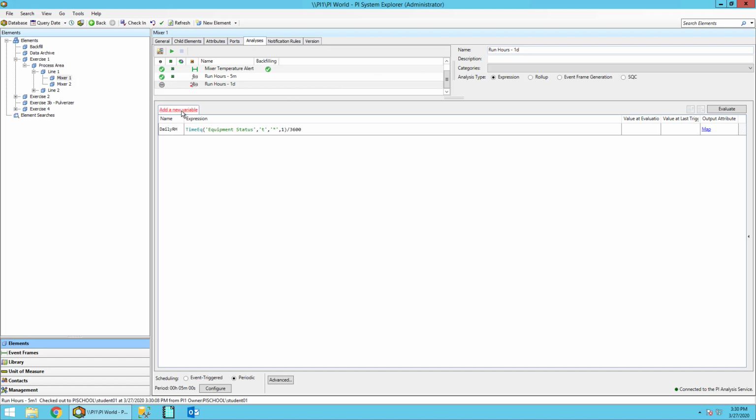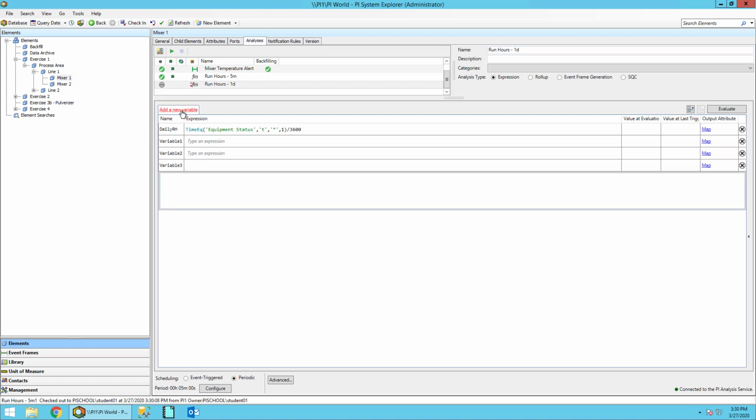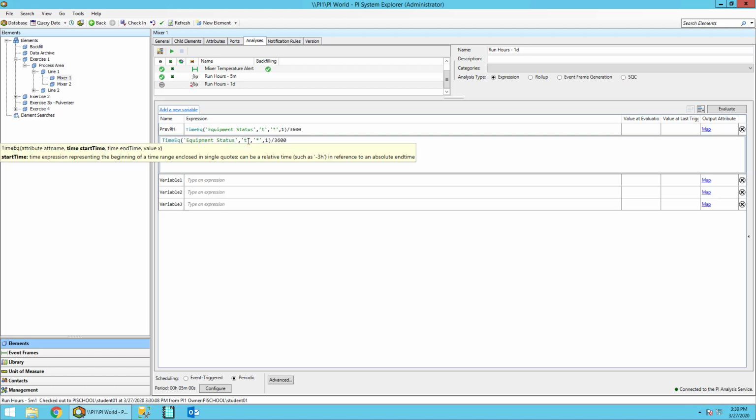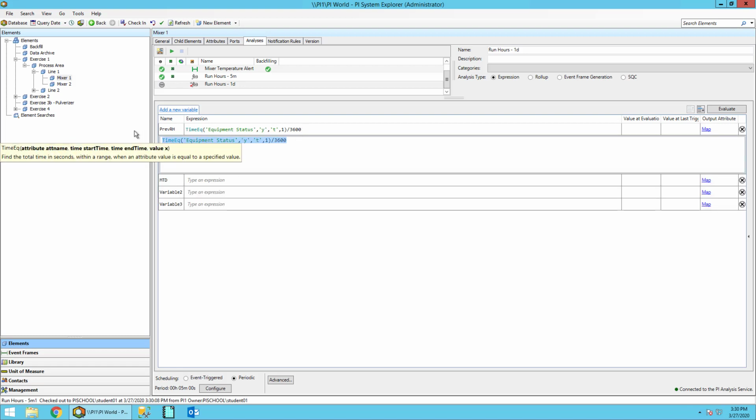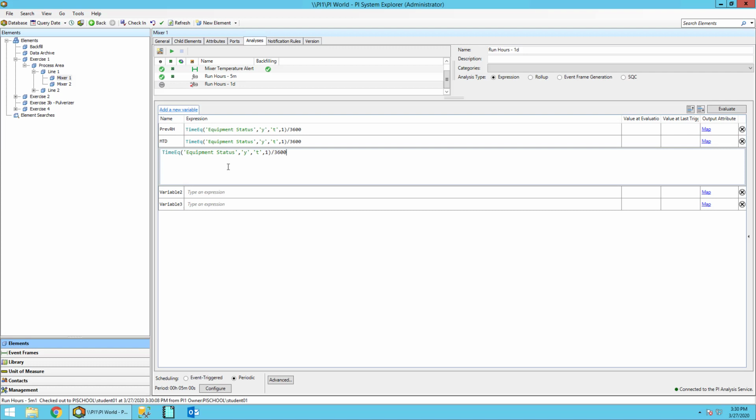Using the add new variable link above variable 1, we will be adding variables until we have 4 rows. We will use previous RH as our first variable name, and we'll use again our timeEQ function from Y, yesterday, to T, today. For our month to date, we'll call it MTD, using timeEQ from 1, or the beginning of the month, to star, now.